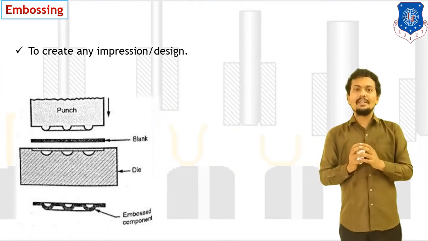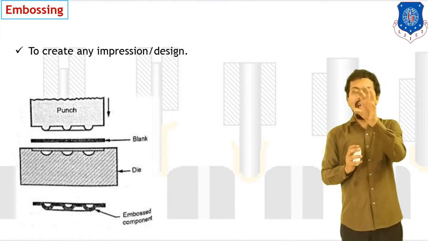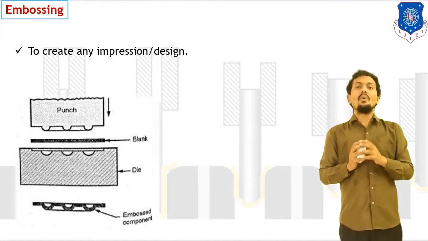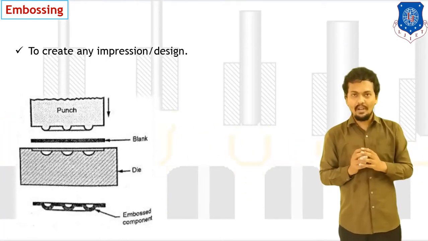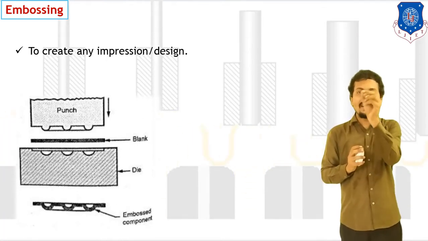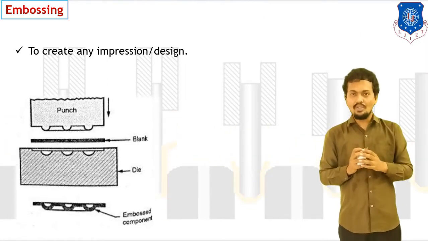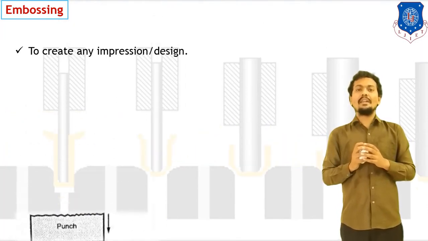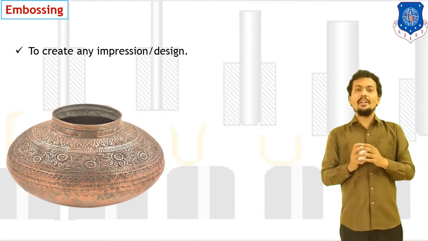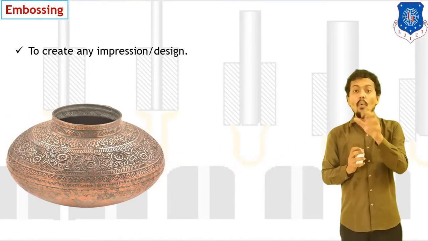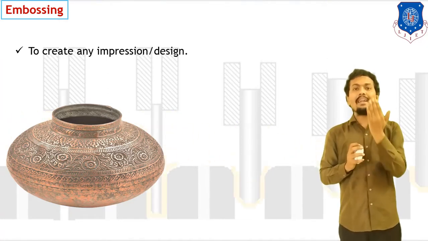So the best example is your number plate. Your bike has a number plate which has embossed letters, right? So embossed numbers are made with the help of the embossing operation. To make a projected part or embossed geometry, you can use embossing. For example, here I mentioned in this image the embossing operation, right? In the embossing operation, your purpose is to emboss something or to make projected geometry in sheet metal.